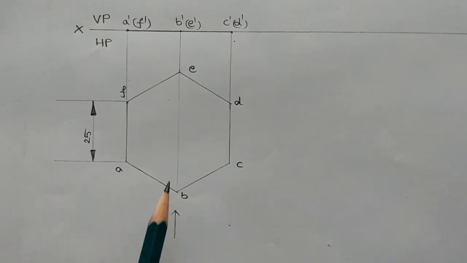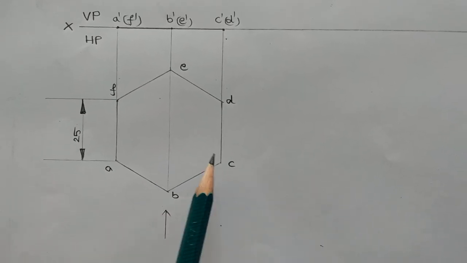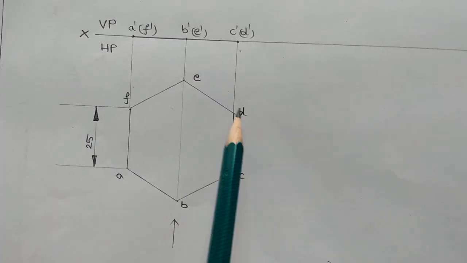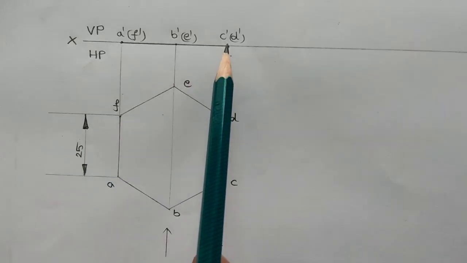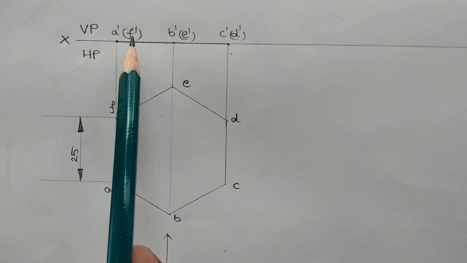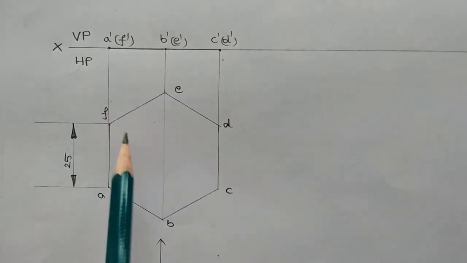Yes, if we see the plane in this direction, A, B, C are visible, so that is why I kept A dash, B dash, C dash out of the braces, and D, E, F are invisible, so that here we can keep D, E, F, D dash, E dash, F dash points within the braces in this way. This is about simple position.